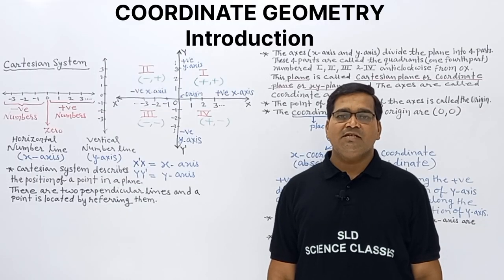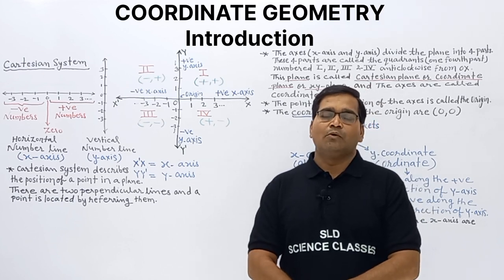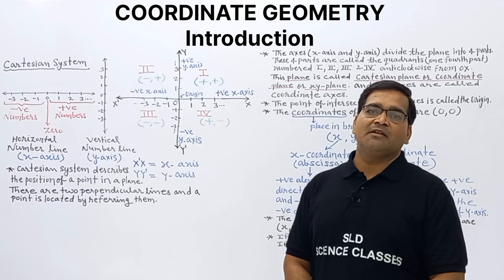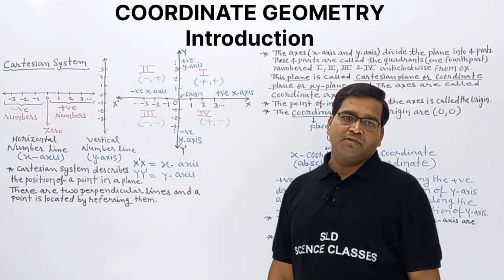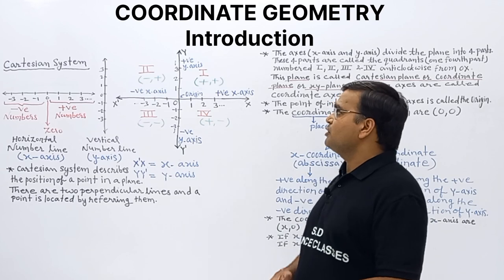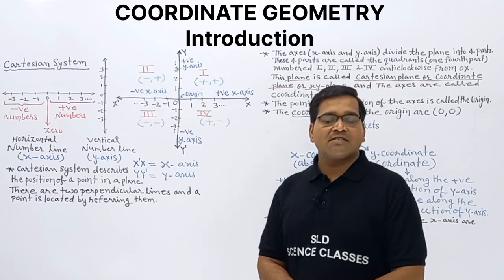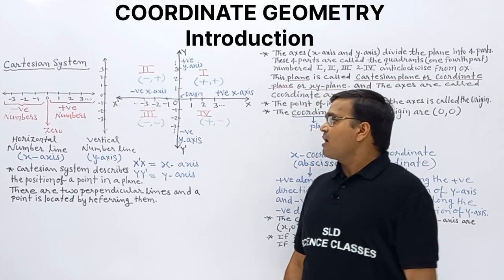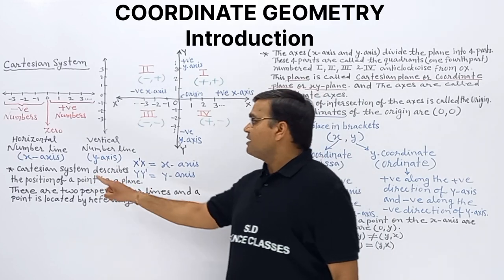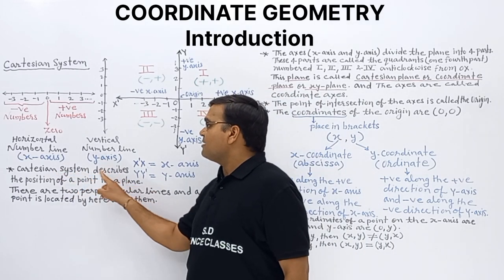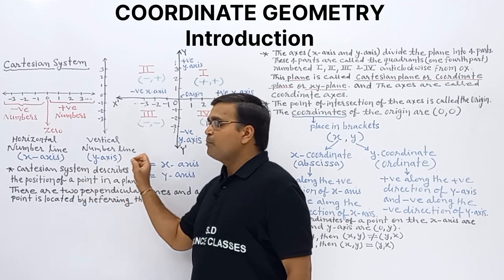Today we will discuss chapter 3, coordinate geometry. In this chapter we have the Cartesian system. First we should know what the Cartesian system is. Observe, what does the Cartesian system describe? The Cartesian system describes the position of a point